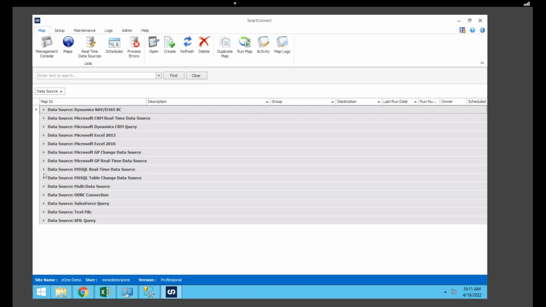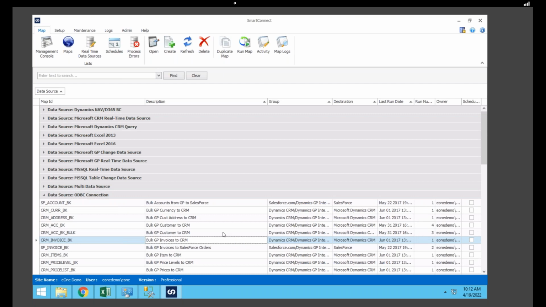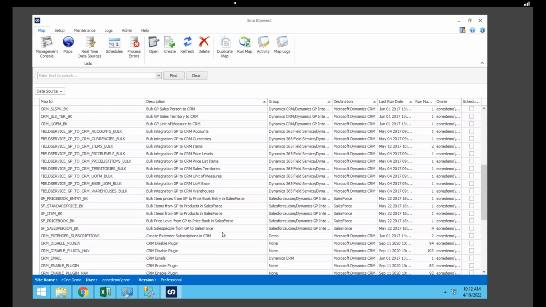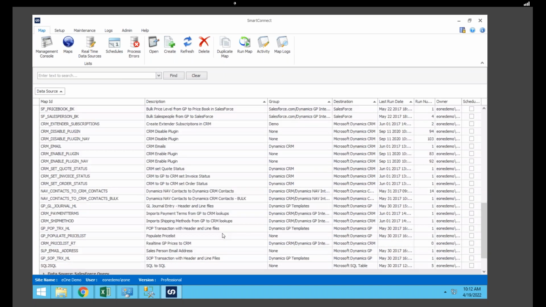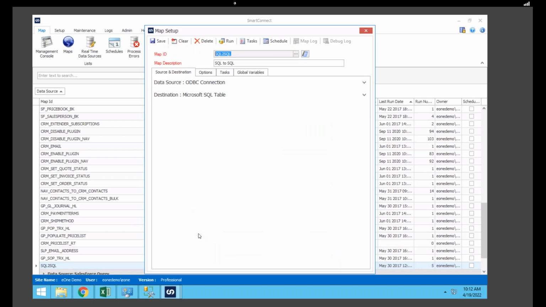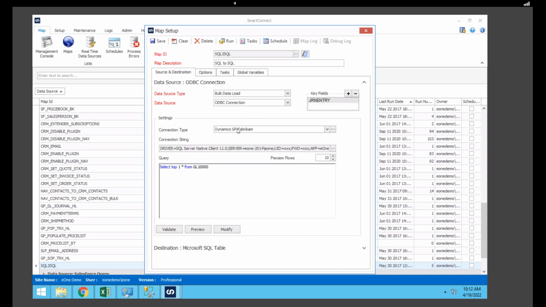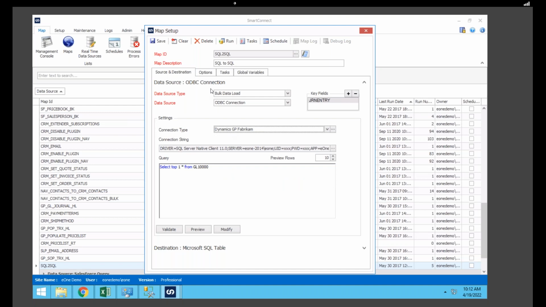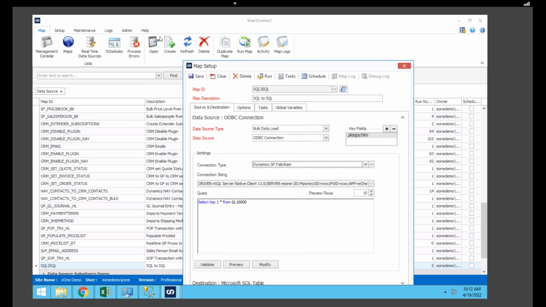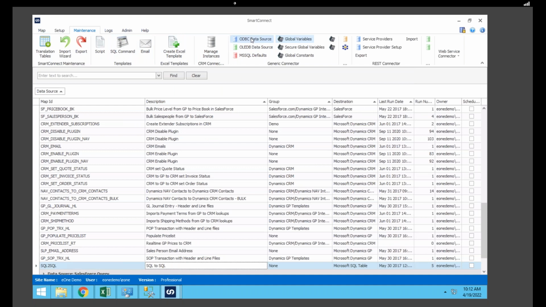Well, one of the things I'm talking about is if we're looking at a data source here and it's connecting to, say it's pulling from SQL, and do I have a good example here? I think these are all pulling from SQL. We'll do this one. This looks like a fairly basic one. One specific thing is when you're doing like a SQL connection or even a file connection, there's an option to use either a custom connection in here or a saved connection with this. And if you're not familiar with that, that's under that maintenance tab